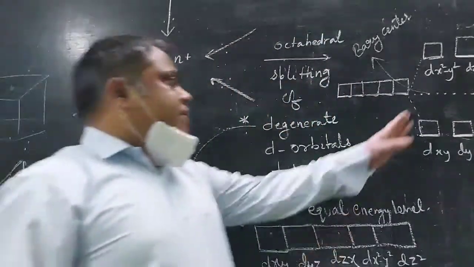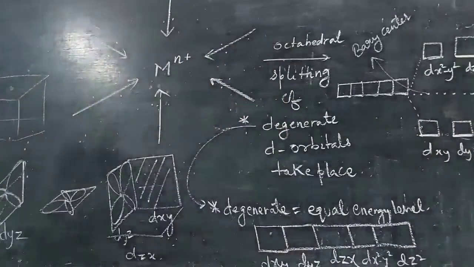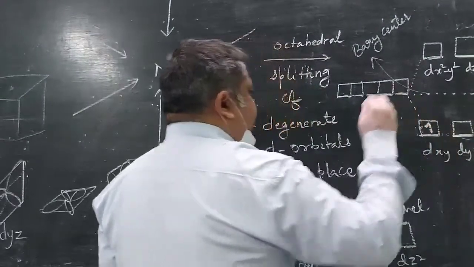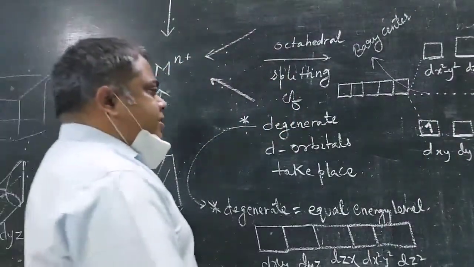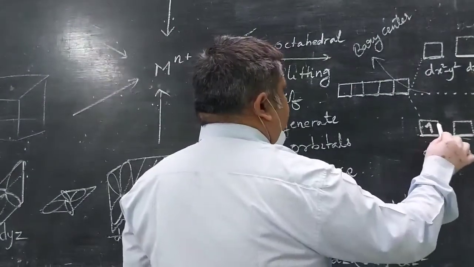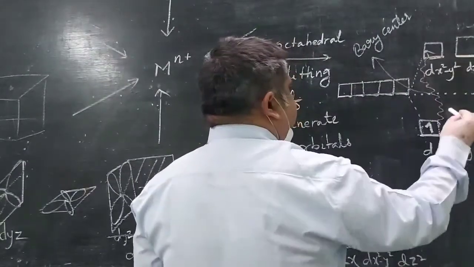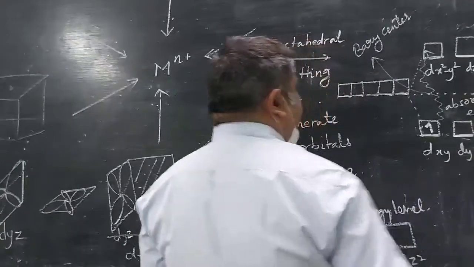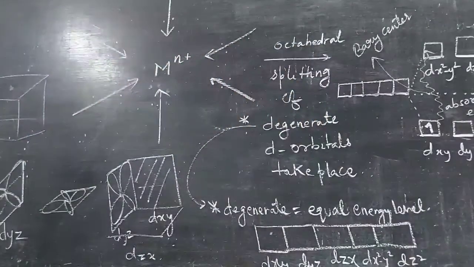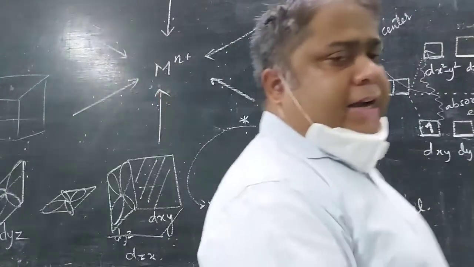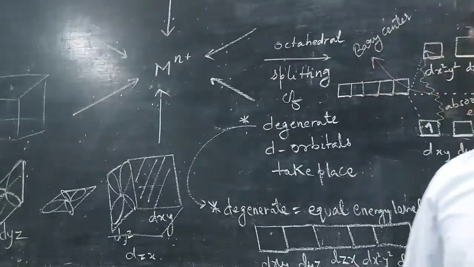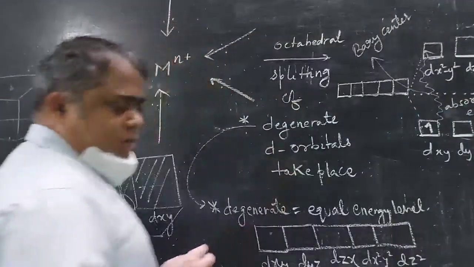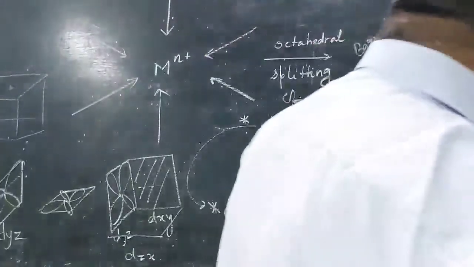Now these two sets of orbitals are not degenerate. In this case, if any electron is in the lower energy level and gets some kind of energy and goes to higher energy level, then it will absorb some light. Absorb energy. So if white light is absorbed, then we will be seeing the complementary color. Whatever light is absorbed, the complementary color will be transmitted out. Now this can be further understood with the help of a specific example.